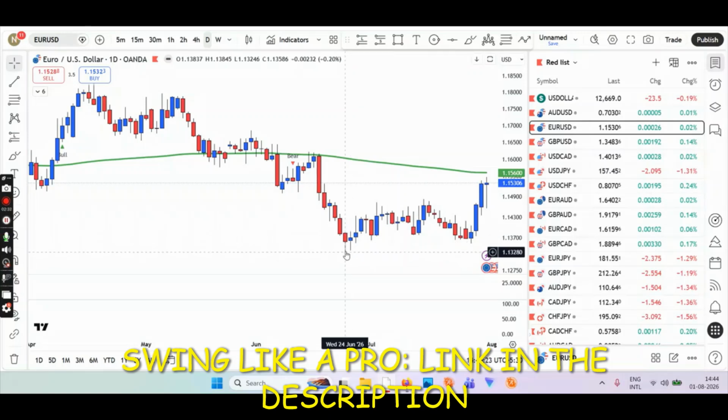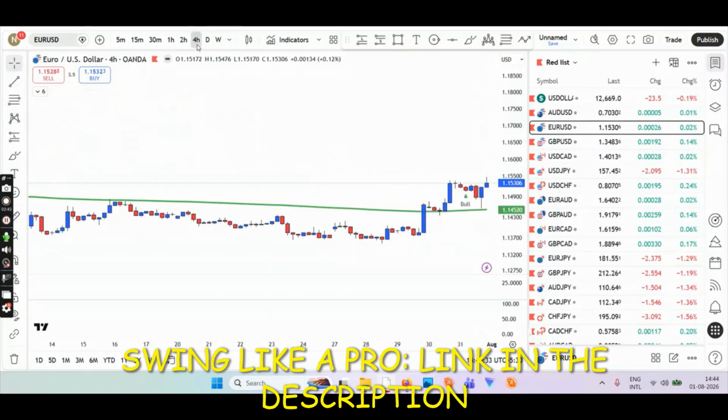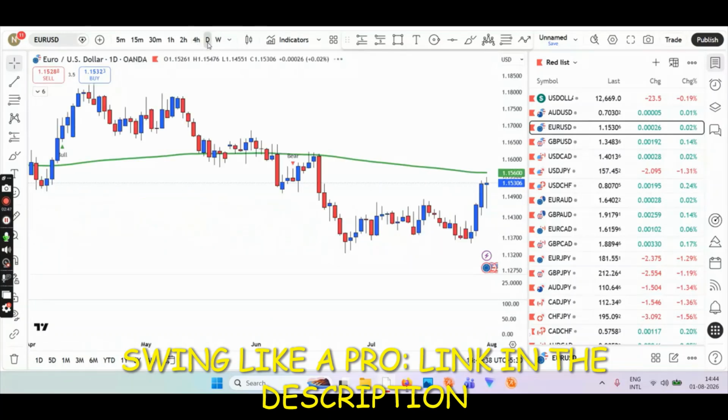So this low was not broken. So you see, this was the last low. This is your support, you could say here. And it has been touched multiple times. The last time it was touched here, then bounced off. Coming back to 4 hour, we are already above the EMA. So I think I'm not seeing any dump right now.